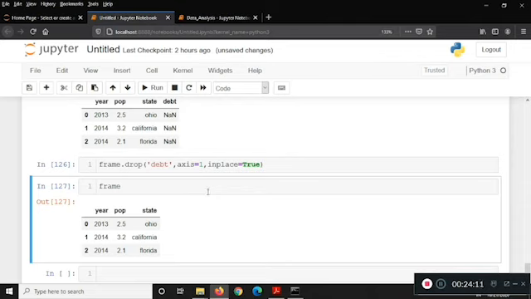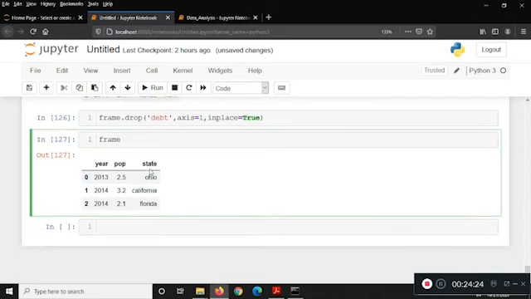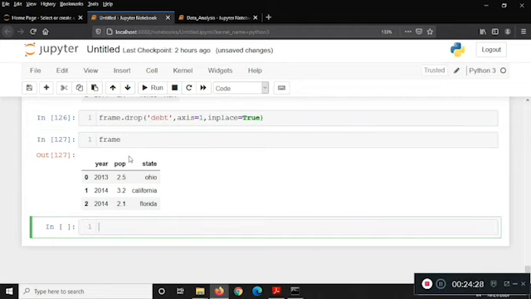Now someone gave you debt values, the debt corresponding to the states, and you want to make a column named date with the proper values. So again you want to make a new column named date. Let's do that. What you will do,